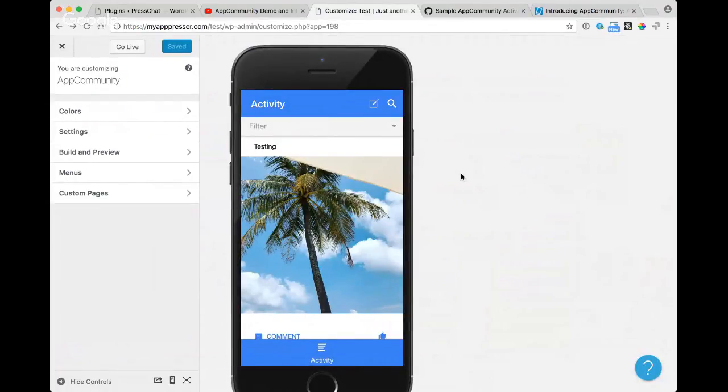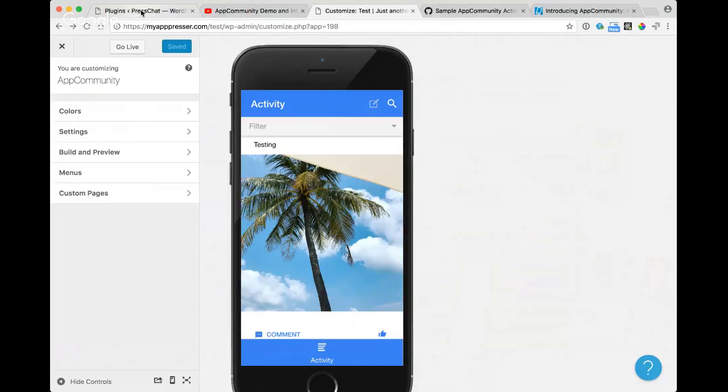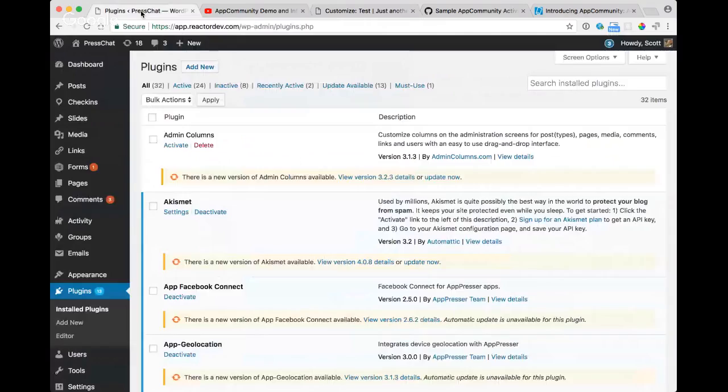AppCommunity is available for the agency plans in AppPresser. So when you're building your app here in your app dashboard, I have kind of a sample app here. I'm going to go through adding all the pages with you, but this is kind of just a demo of the activity page. So the first thing you're going to do, you're going to log into your WordPress admin, and